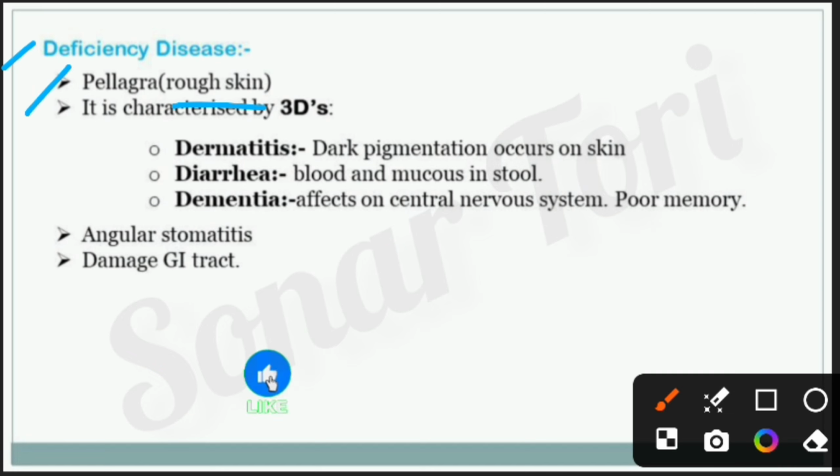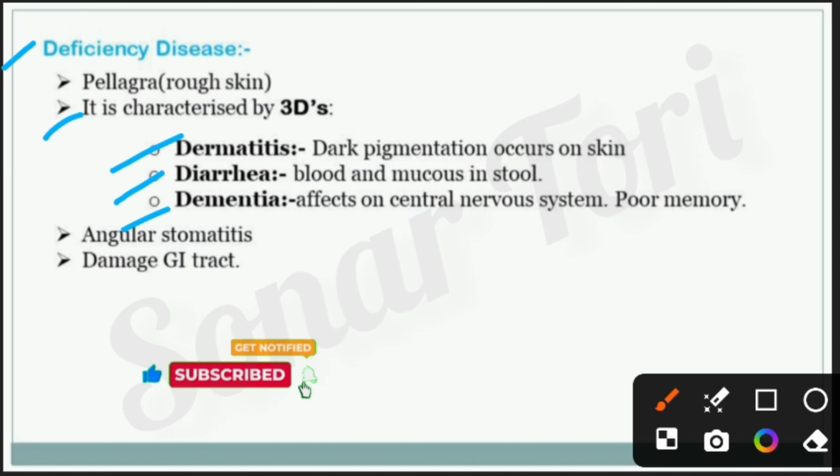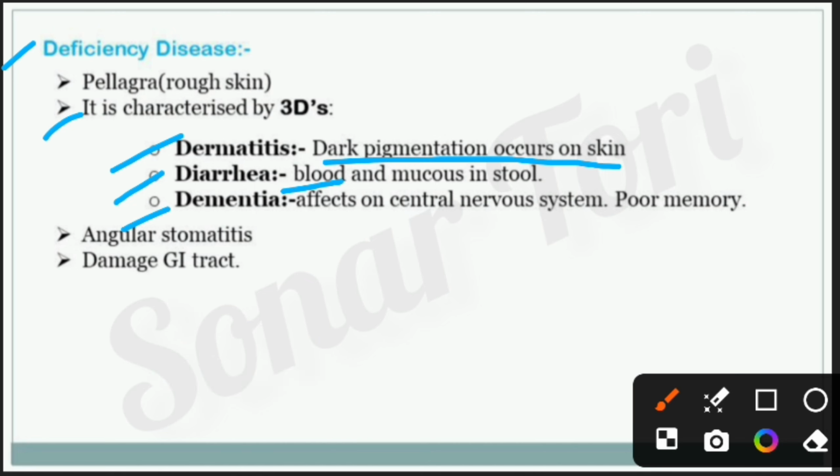It is characterized by 3Ds, meaning dermatitis, diarrhea and dementia. In the dermatitis, dark pigment occurs on the skin. In diarrhea, blood and mucus are present in the stool. And in the dementia, it affects the central nervous system and causes poor memory. Other symptoms include angular stomatitis, where inflammation occurs at the corner of the mouth, and it also damages our GI